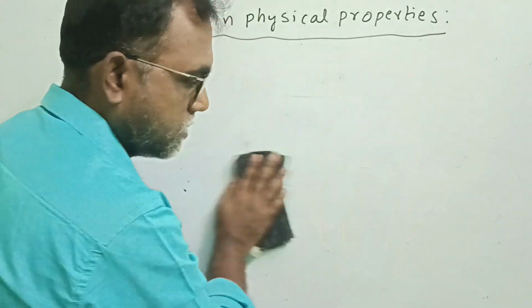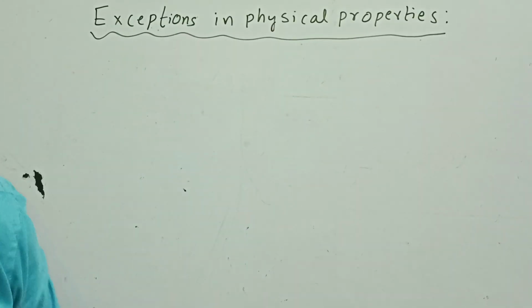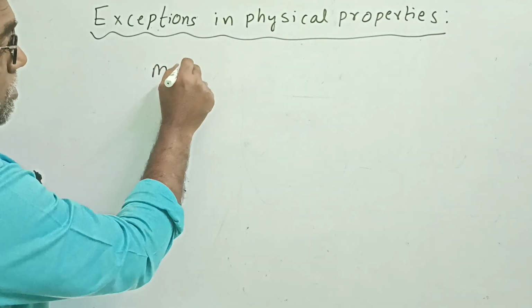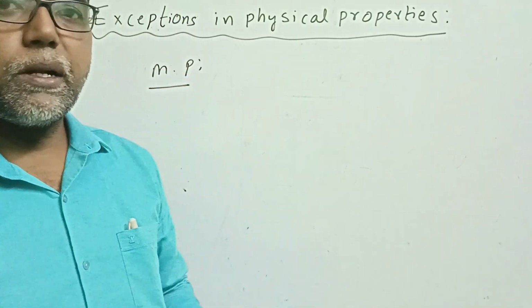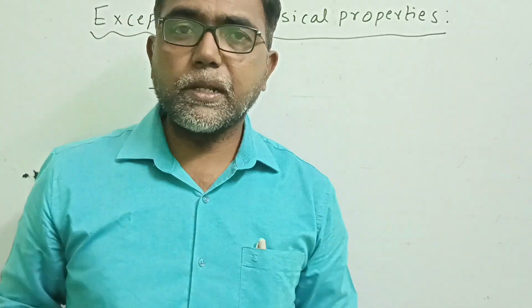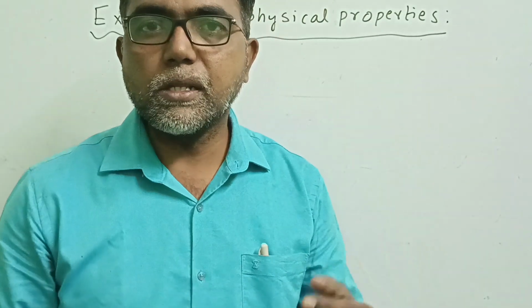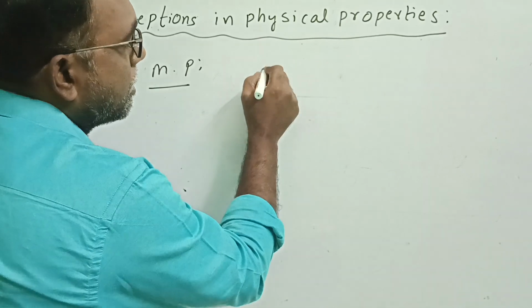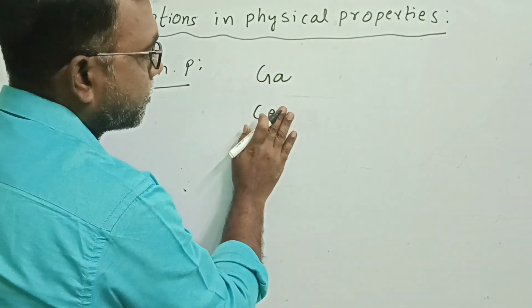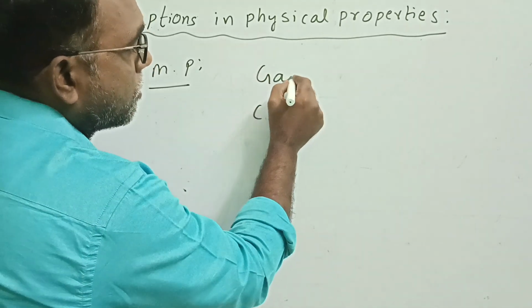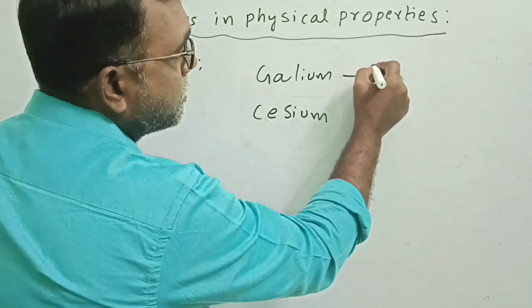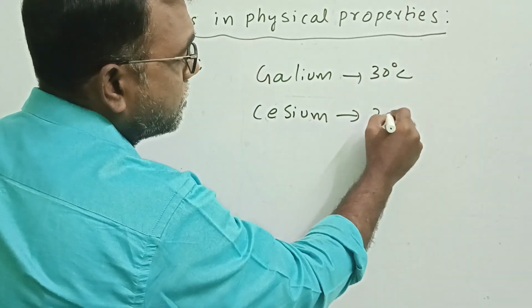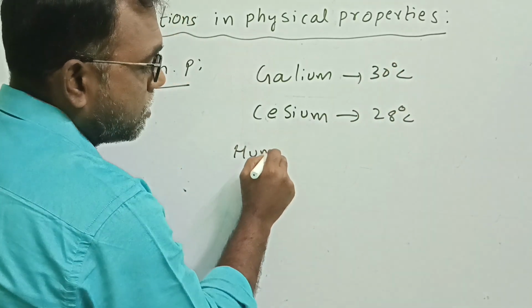Next exception: melting point. Basically metals have high melting points. But there are a few metals which melt even at your body temperature. Basically our body temperature is 37 degrees Celsius. At that temperature a few metals start melting. Example: gallium and cesium. Gallium's melting point is 30 degrees Celsius and cesium's melting point is 28 degrees Celsius, and human body temperature